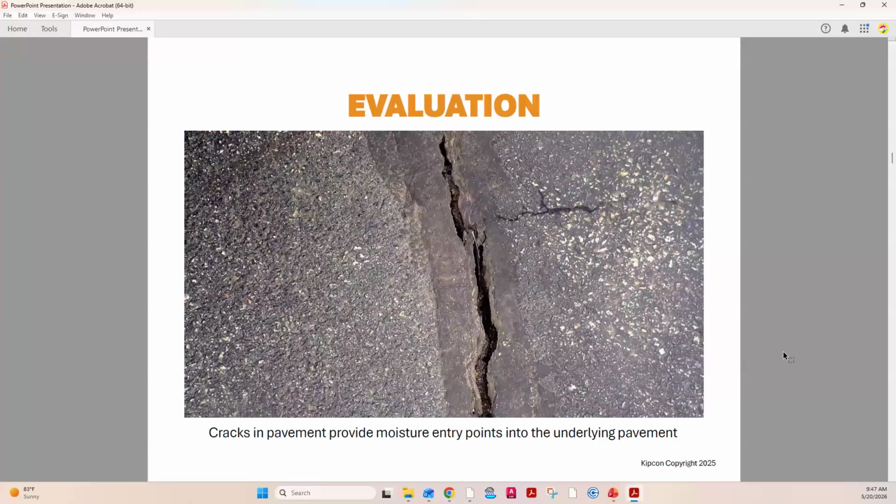We're also looking for cracking patterns. Cracking patterns could tell us a lot about what's going on with the base course. As I mentioned, asphalt, as it ages, just becomes more brittle. It's just the nature of the material. It does crack. So seal coating as part of regular maintenance is important in getting a full useful life out